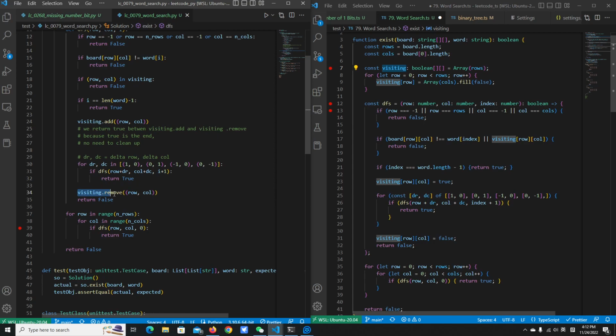Otherwise, we will remove our current position, because we've already visited this position, we've already searched it, and we failed to find the word here, so we will remove it, meaning it is no longer in the path. Lastly, we will return false.